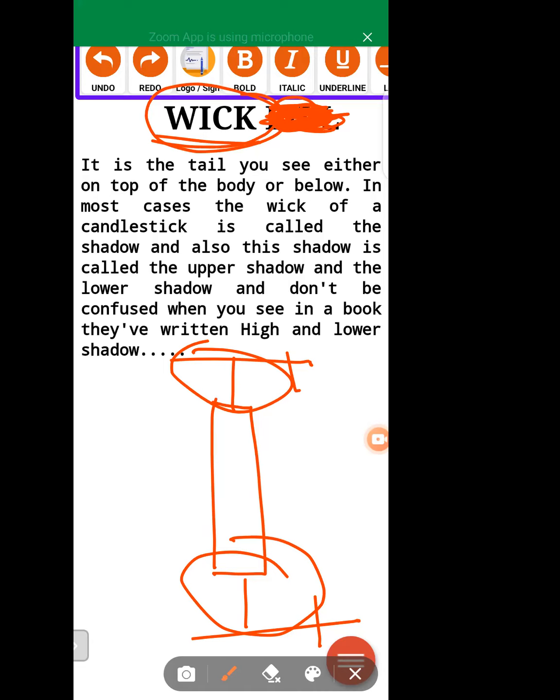Simply we have what we call the body. Now I just have to go straight to the chart for us to check one or two things. So I did some analysis in the